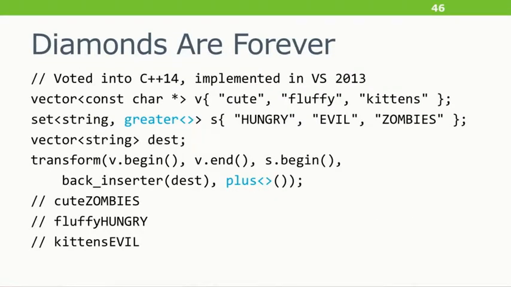So usage of it actually looks really simple. All you do is you omit the type information that you would have said to less or greater or plus or whatever, and you write an empty diamond. It's 2 more characters than ideal. Here I've got a set that I want to sort in reverse order, and then I want to transform some const char stars and some std::strings and plus them together to concatenate. Remember how I said that type information controls what happens? In this case, the types const char star and std::string, along with the type of the plus diamond functor, controls what operation happens.